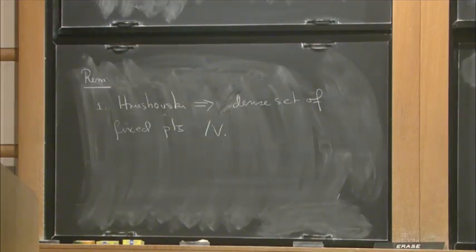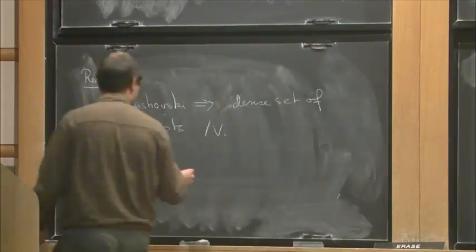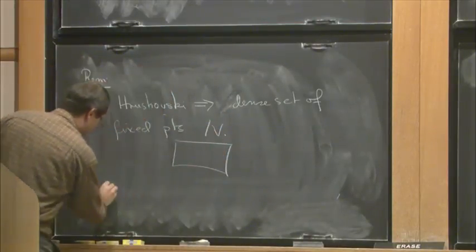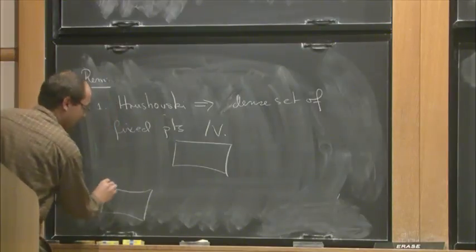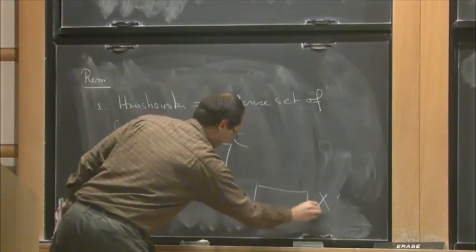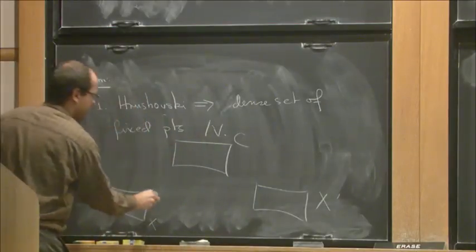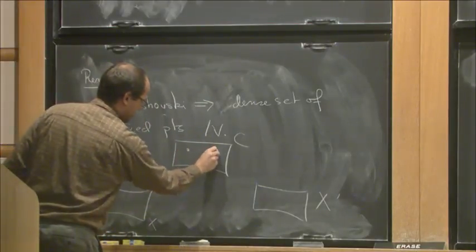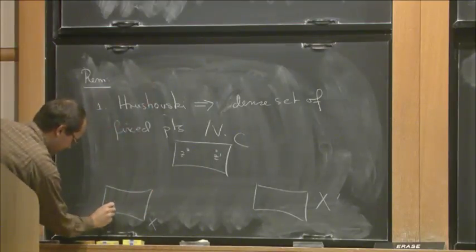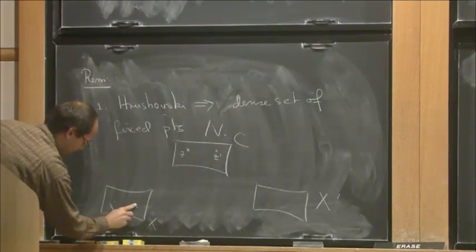so maybe I'll draw a picture, which I hope clarifies. So let's suppose C is here. Here's X, and here's my other copy of X. And so if I have two fixed points, Z and Z prime, mapping to some X and X prime,